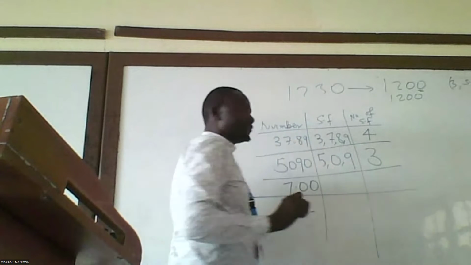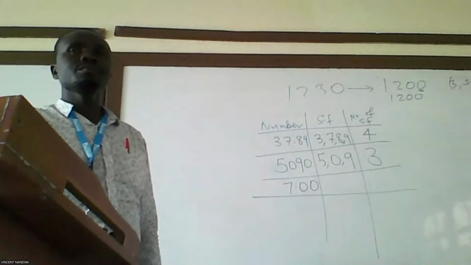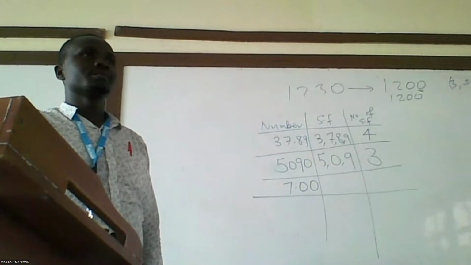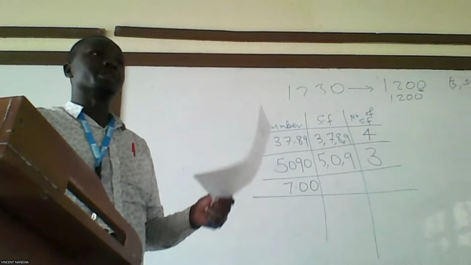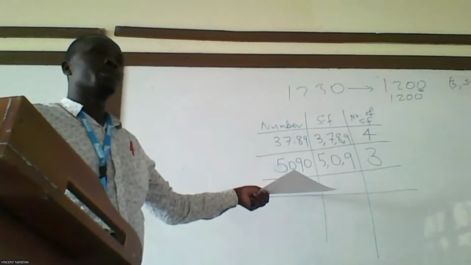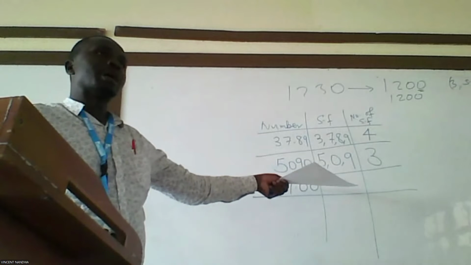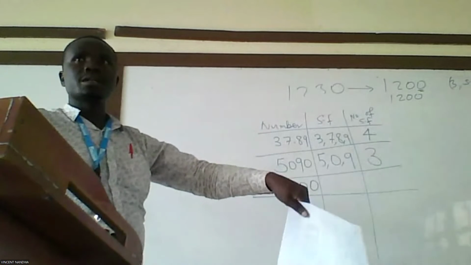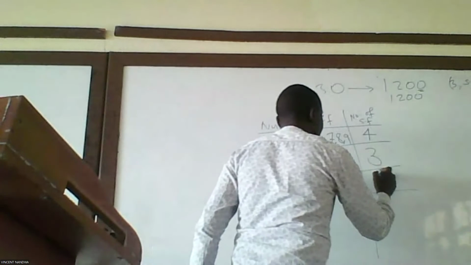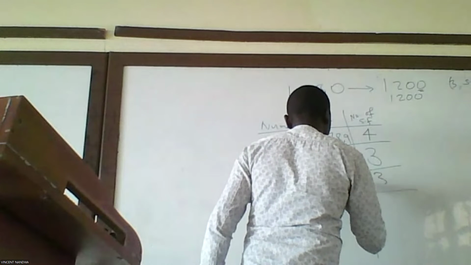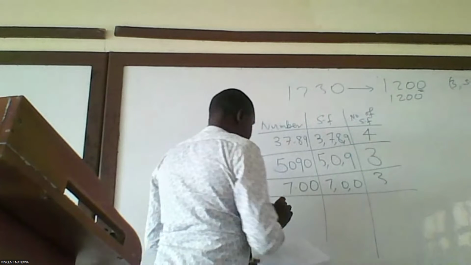7.00. There are 3. That's what we have, because there's already a decimal point, you can see them. These 0s are appearing after 7, so they must be significant. So this will be 3: 7, 0, and 0. Then